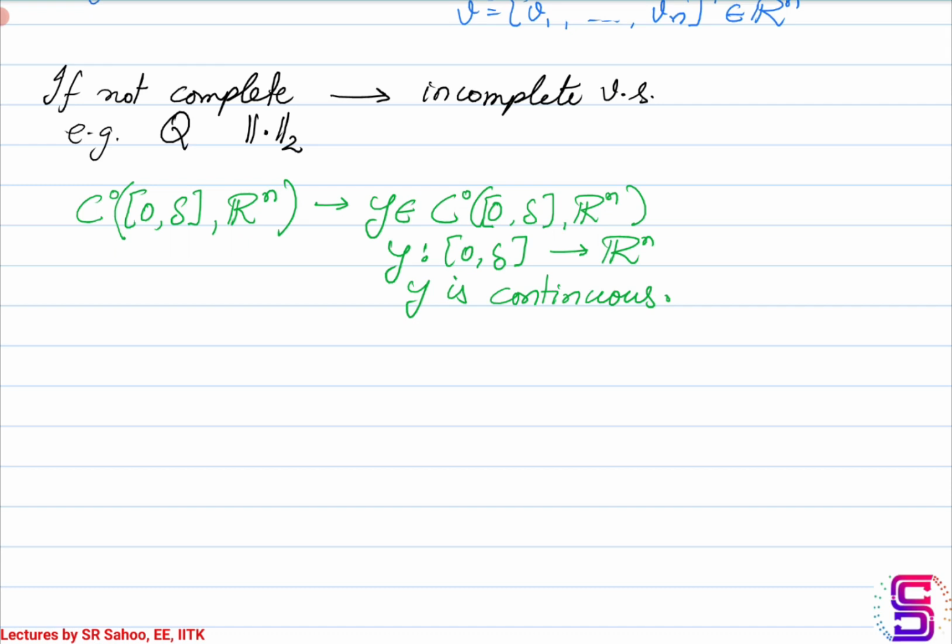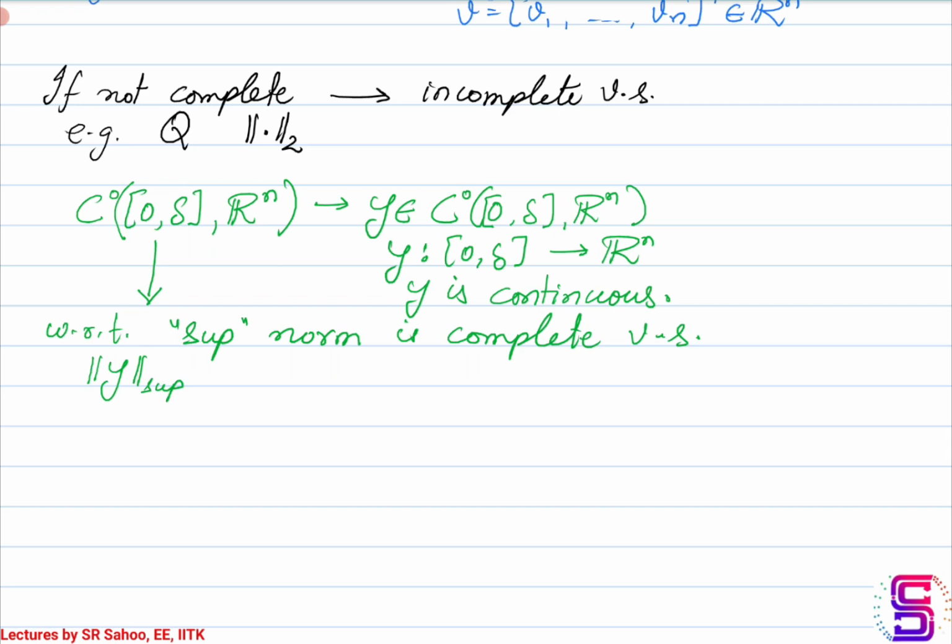Okay, so this set here, this vector space here, with respect to the sup norm is a complete vector space. Okay, what is a sup norm? So Y being a function that belongs to this set, the sup norm of Y is essentially defined as the maximum value that